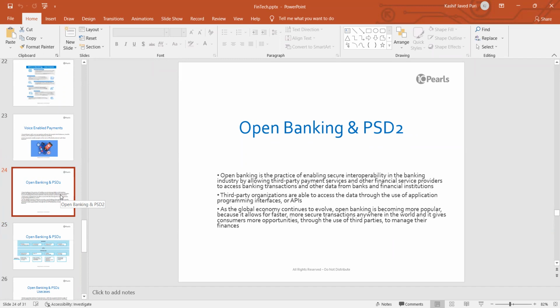At this point, our data with the bank is secure. They are not sharing our data with anyone else. They are only sharing data among different banks, because those banks are licensed by the central bank. In our case, it's State Bank. But at the same time,